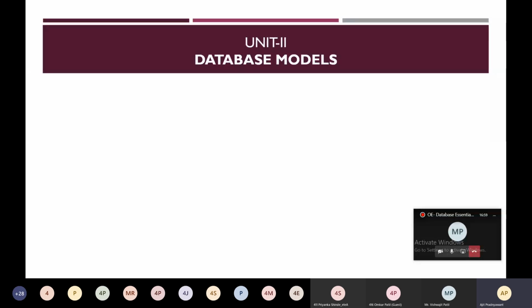So first I will introduce this unit and basic concepts. Then I am going to explain the ER model. We have seen the ER model in the last unit; in detail, we are going to see it in this unit. Then we will see what is meant by entity, then entity set, and then attribute. There are also different types of attributes that we are going to see in today's lecture.